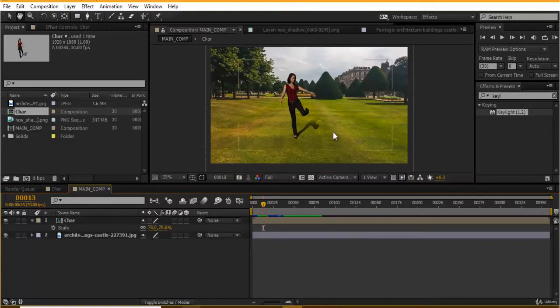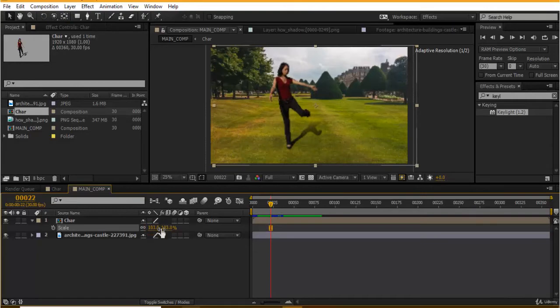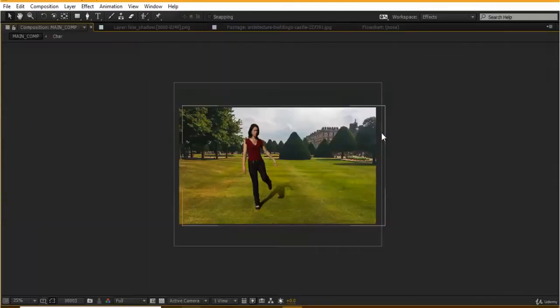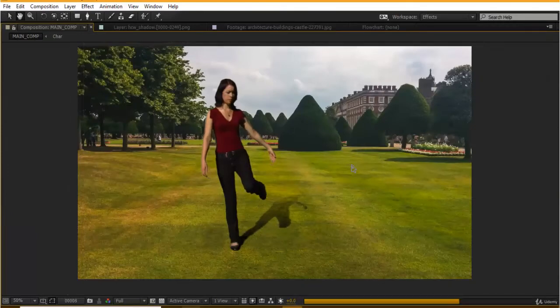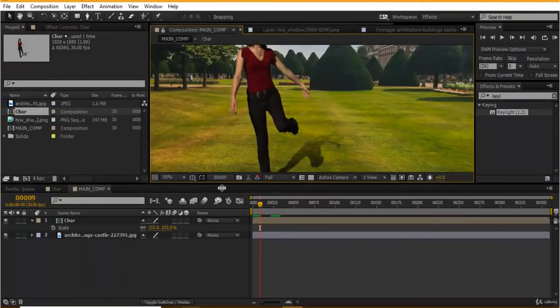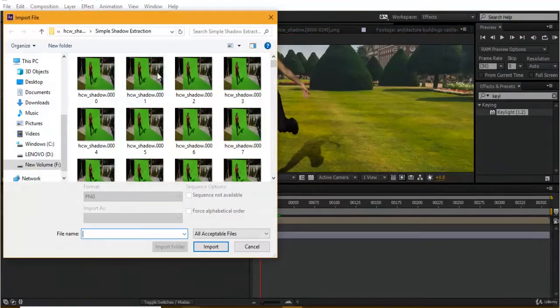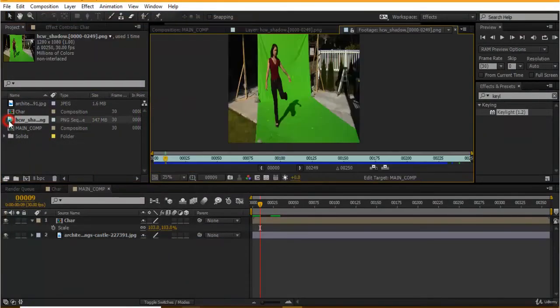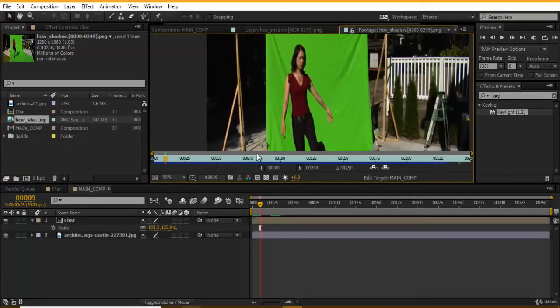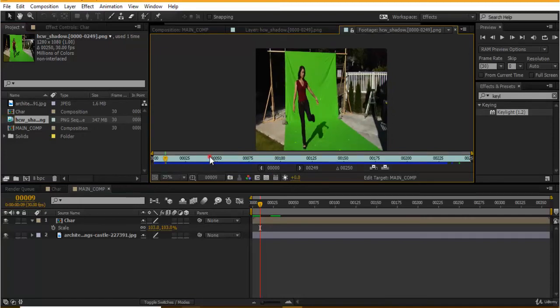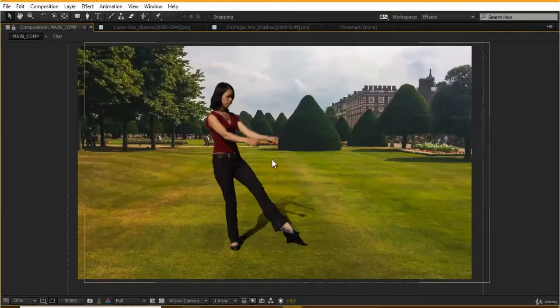What we did was we also scaled this up slightly. If you could see, the original was this, with all these elements and just the green screen. And then if you go to my main comp, we have got this.